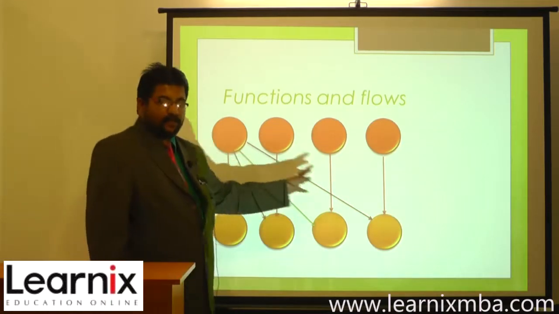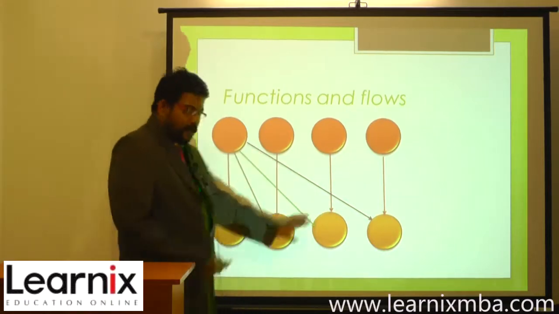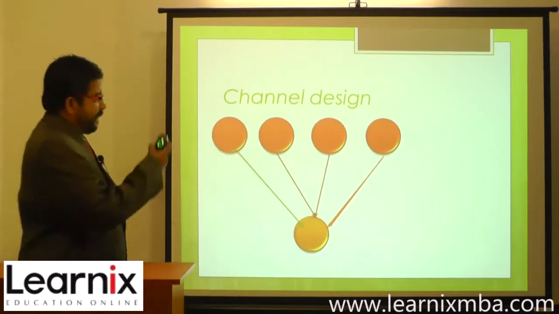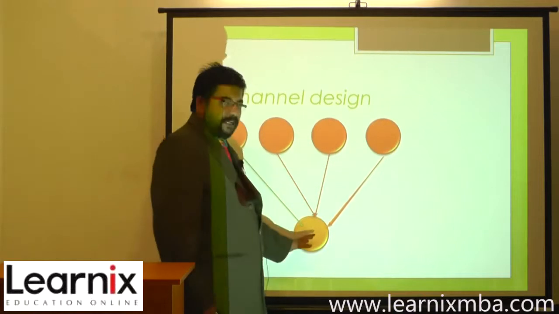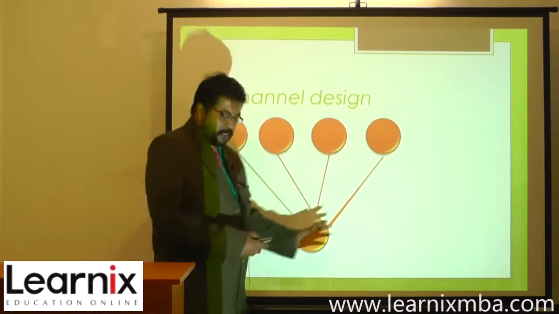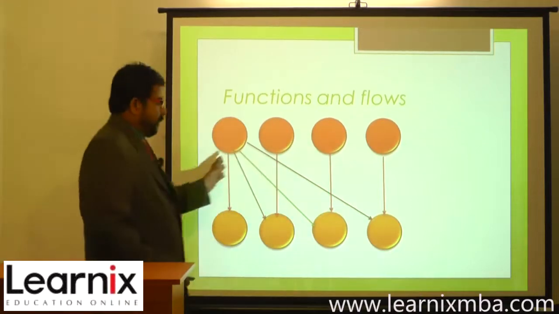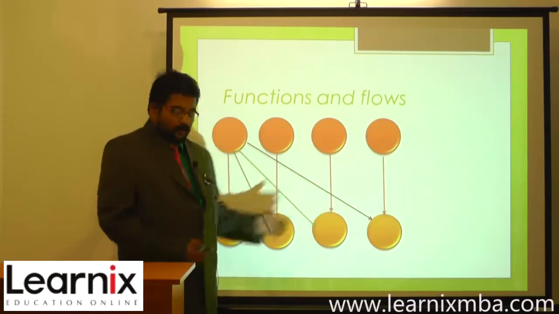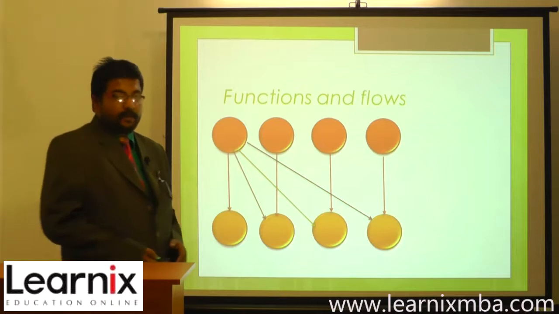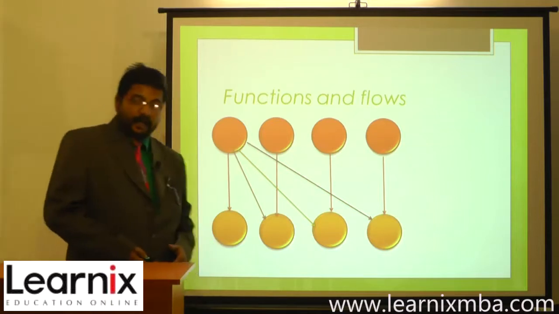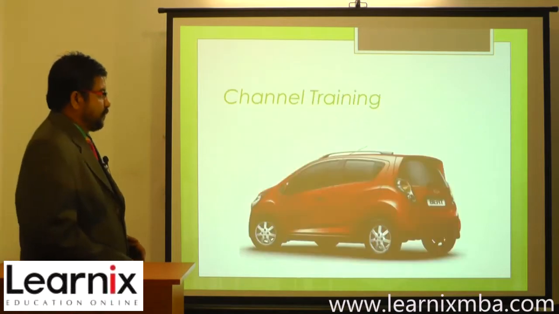It's a waste of channel. So you decide whether you want this as a channel or the next one, a single channel design, where you have four different products and just a single order. The movement is only 4 movements, whereas in the previous one we have 4 into 4, 16 movements to be done, and you have to take care of 16 different channels. So the company has to decide which is ideal, and that depends upon the volume and size of the market, or other factors which influence the flow or the designing of the channel.